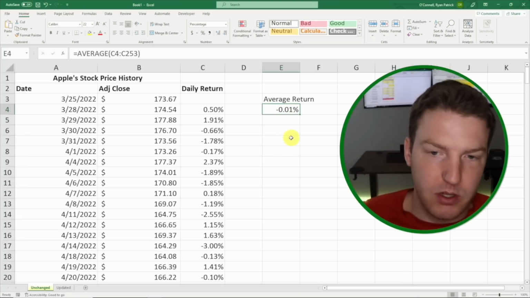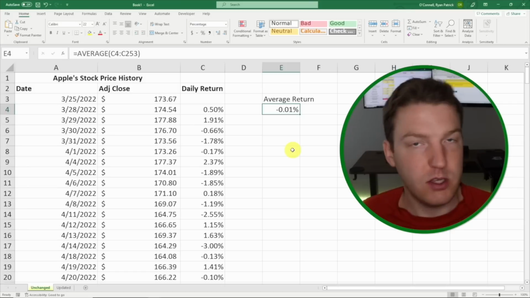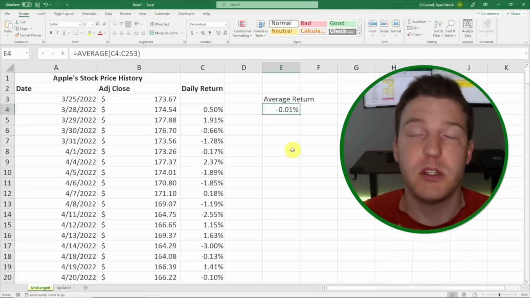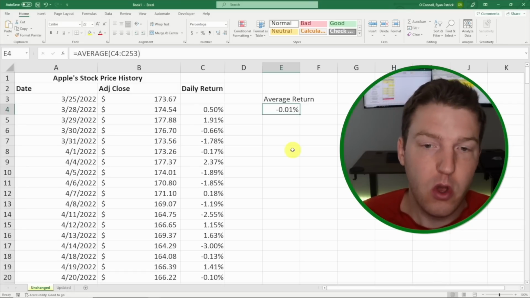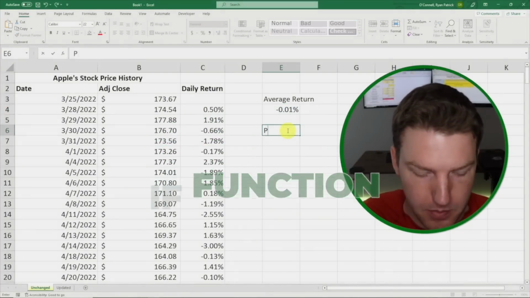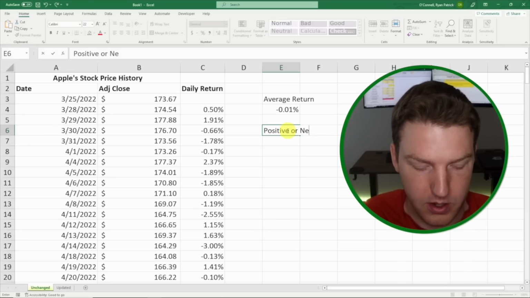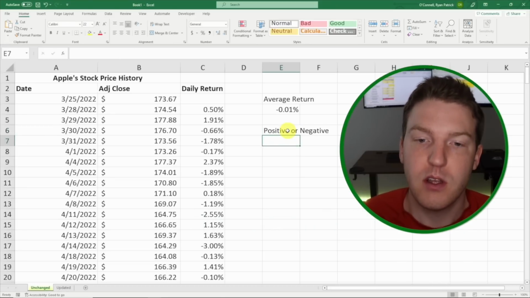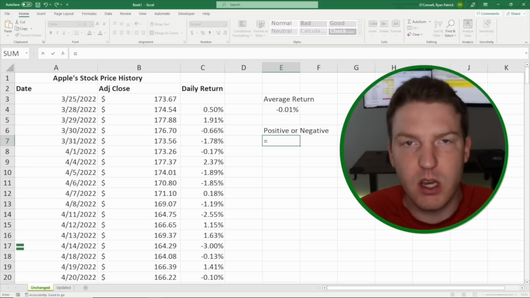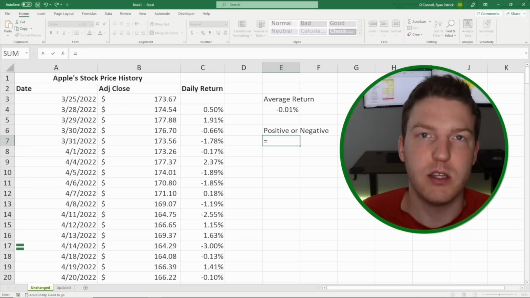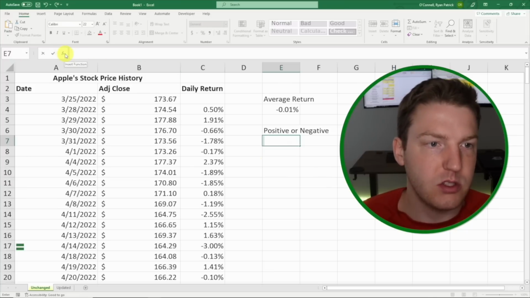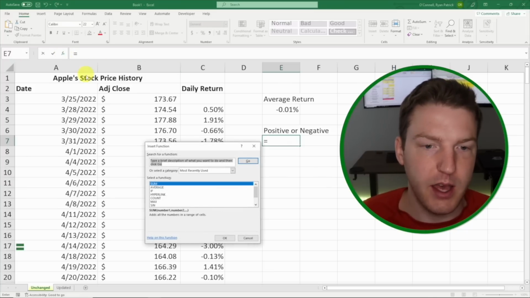Maybe we want to build another automated formula in here that tells us whether a stock had an average positive return or its average return was negative. We could do that with the IF function. So let's just say positive or negative. And then I'm going to go equals, and let's say I don't really understand the function that I'm trying to use. I can actually use this feature over here called insert function. So I'm just going to click on that,